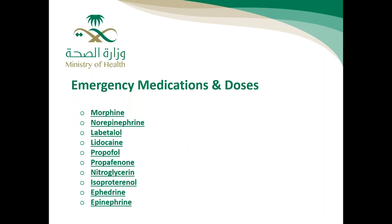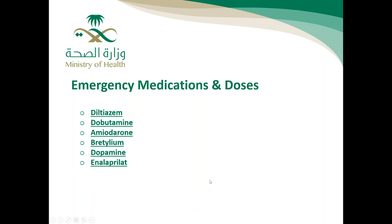In each department, there is medication, emergency medications used in intubation, to manage some situations. Here I will mention the medications, but we'll go through a few of them. Morphine, norepinephrine, labetalol, lidocaine, propofol, nitroglycerin, ephedrine, epinephrine, dobutamine, dopamine, amiodarone. All those medications are available as emergency medications, sometimes more or less in different hospitals according to their